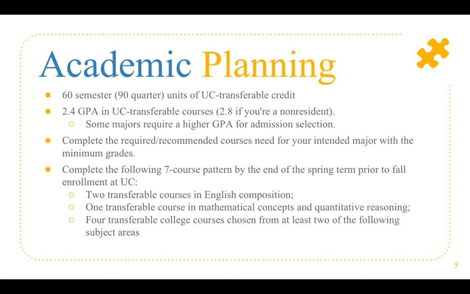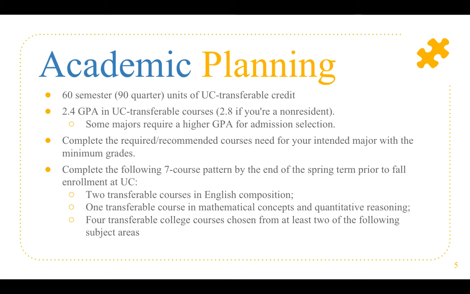You need to have a 2.4 GPA in your UC transferable courses, or 2.8 if you're a non-resident. And often, certain majors at certain campuses will require a higher GPA for admission selection. That information on the specific GPA requirements for campuses and majors will be found on their campus-specific transfer admission websites. You'll also need to complete the required or recommended courses that you need for your major with the minimum grades,